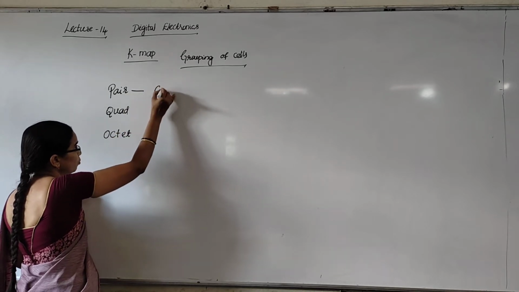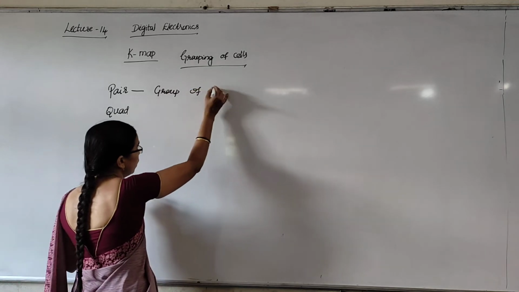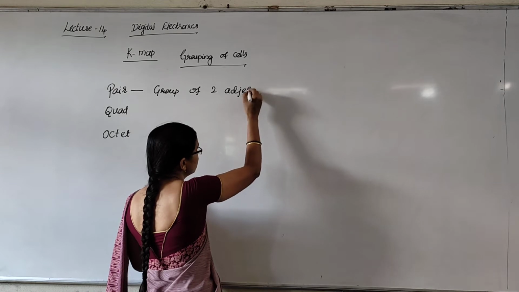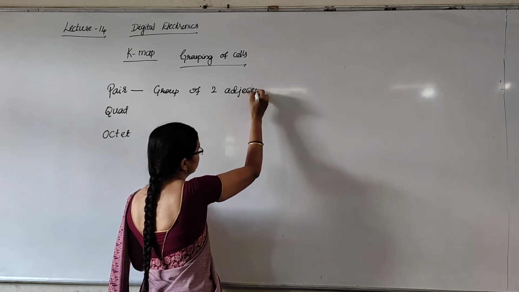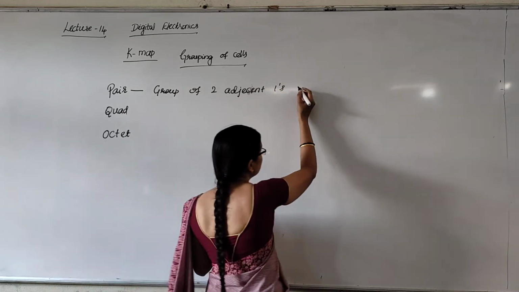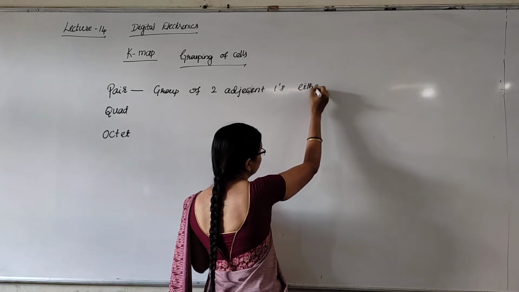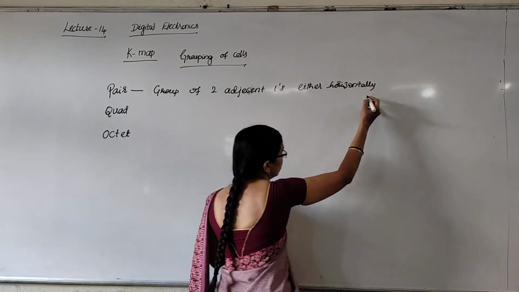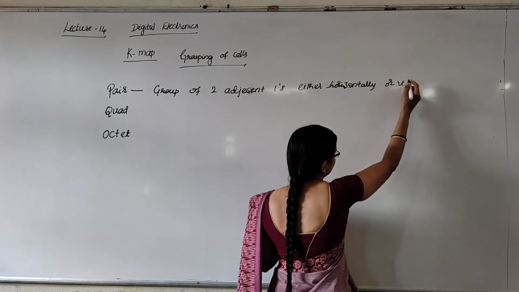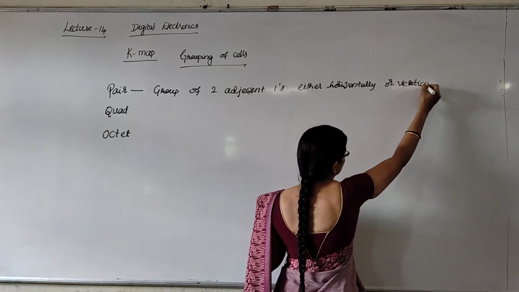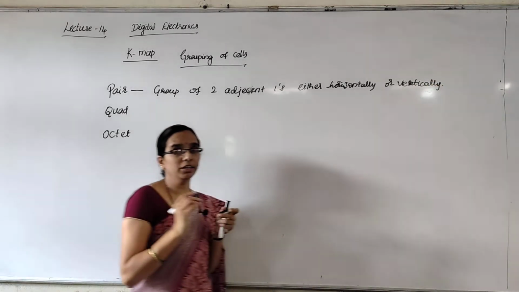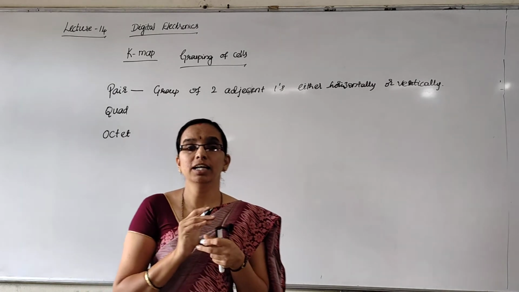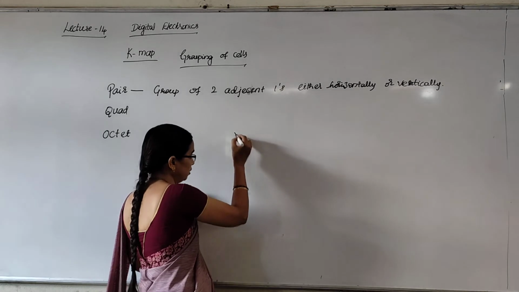Pair in the sense, a group of 2 adjacent ones in the K-map, either horizontally or vertically, not diagonally. Grouping of 2 adjacent ones in K-map, either horizontally or vertically, not diagonally. For example,